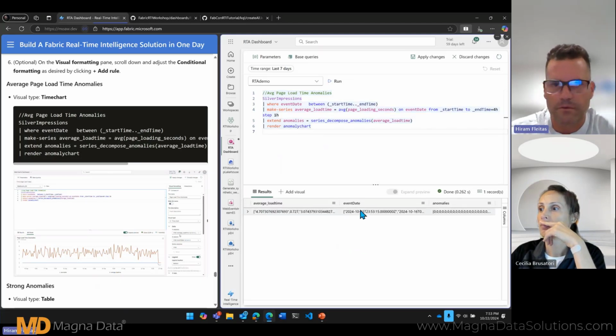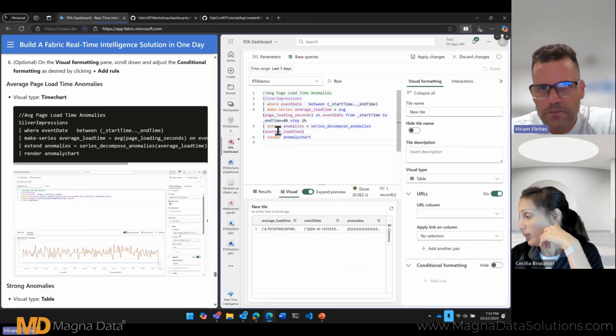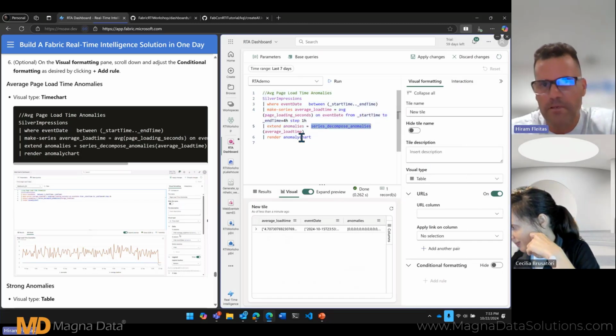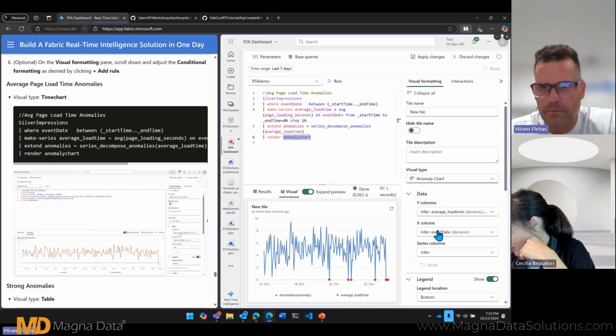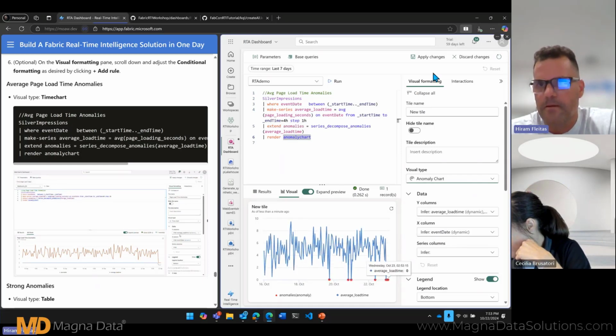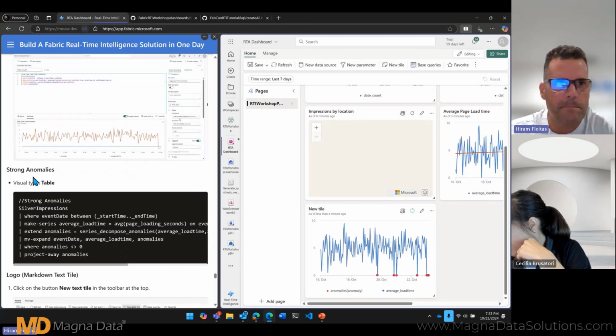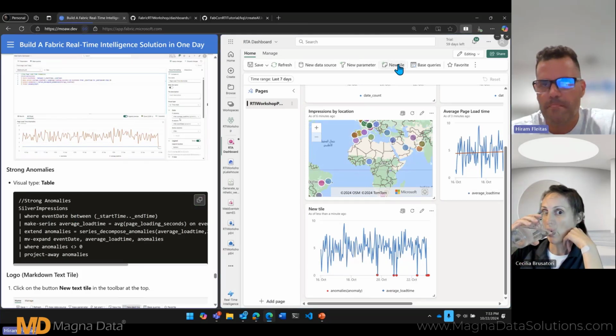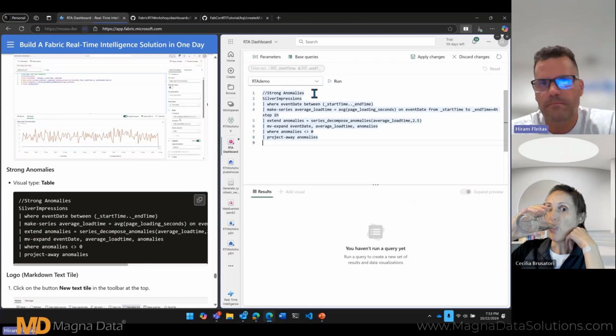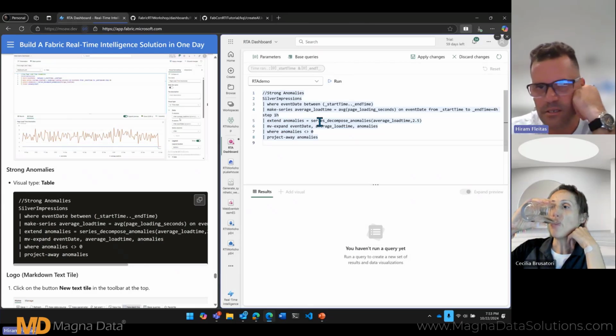All right, so this one is another visual. So notice how it's doing the series decompose anomalies and it renders an anomaly chart. So here I'll choose anomaly chart. Boom. And it's plotting the anomalies for me so far. Hit apply. And then we'll focus on the strong anomalies, which is the very common use case. Hit new, strong anomalies. So it's taking the same query as before,